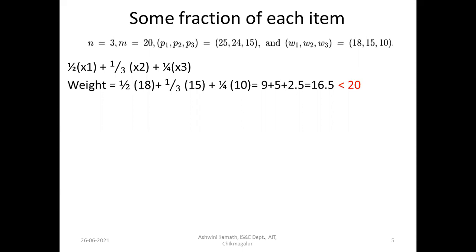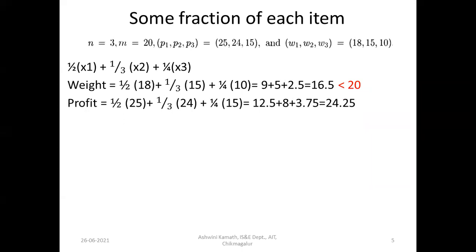So we can put these items, whatever fractions you have considered, that is half of the first one, 1/3 of the second one, and 1/4 of the third item, into the knapsack. It can hold them because the knapsack capacity is 20 kg and it is only 16.5 kgs. So whatever items we have considered, it is only 16.5 kg. So we can add it to the knapsack. It is less than 20, so it's a feasible solution. It is meeting the condition, right? So it is a feasible solution.